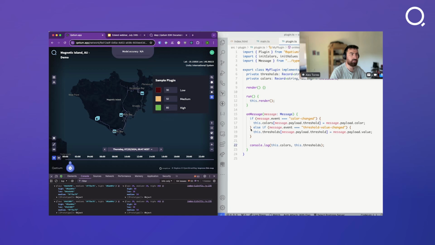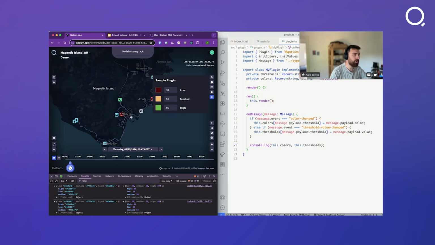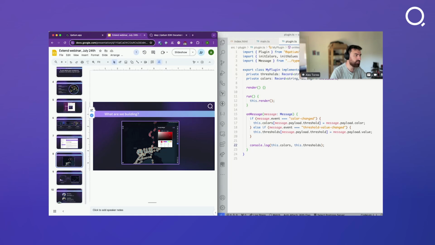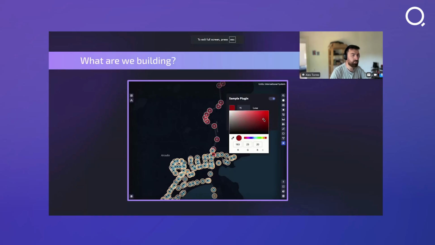So now we are moving on, and we want to do something with these thresholds and this color, right? We want to paint something on the map, right? What we're going to paint here is a halo around the junctions. Let me show you again how this looks. I don't know if I can, maybe make this bigger. So we want to achieve something like this, right? We have the map, and we want to have some halos around the junctions